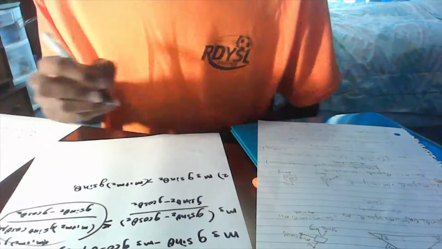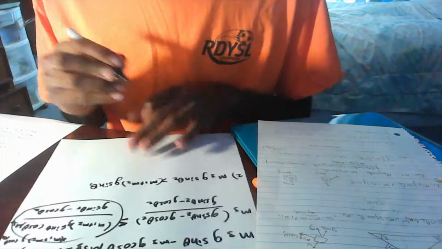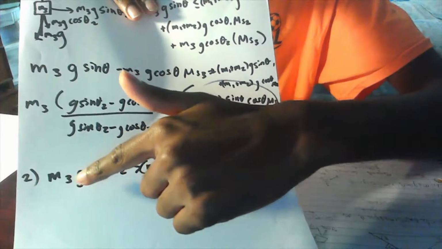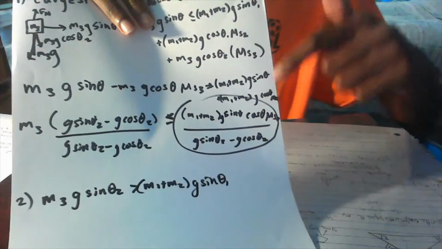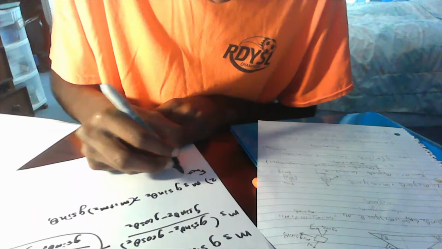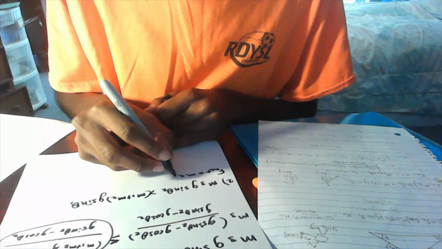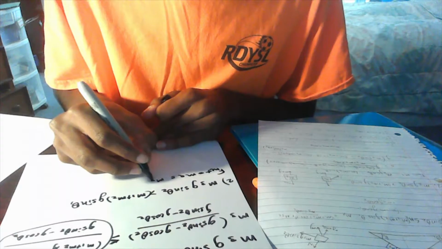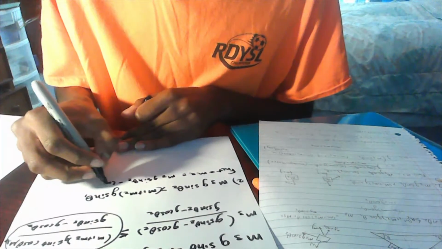It says that block 2 does not slip on block 1. So first we get this simple equation: m3 g sine theta 2 is greater than (m1 plus m2) g sine theta 1. And then F net equals ma equals m3 g sine theta 2 minus